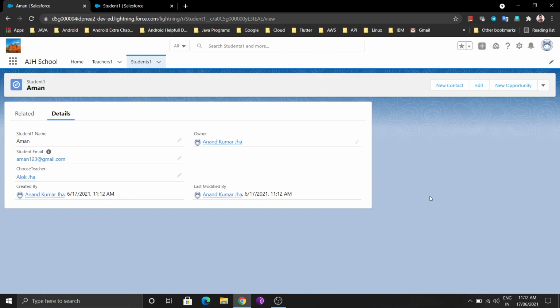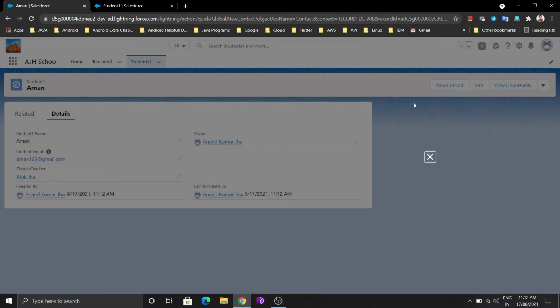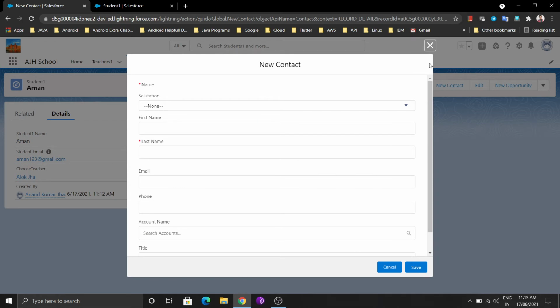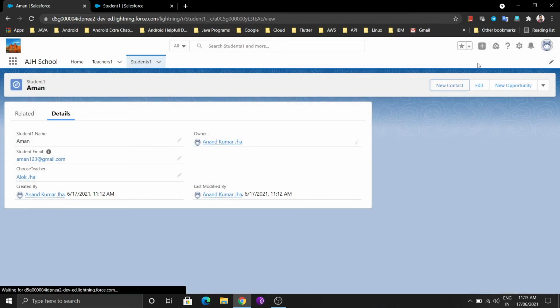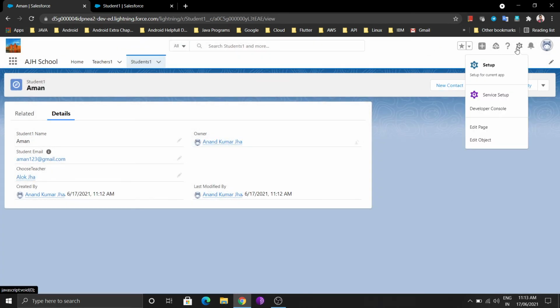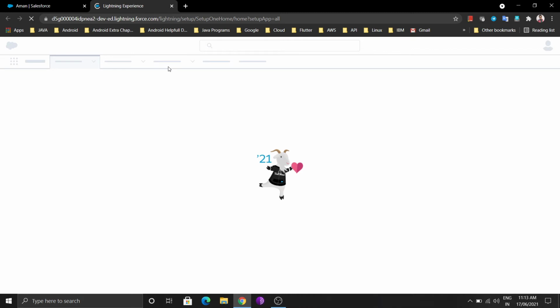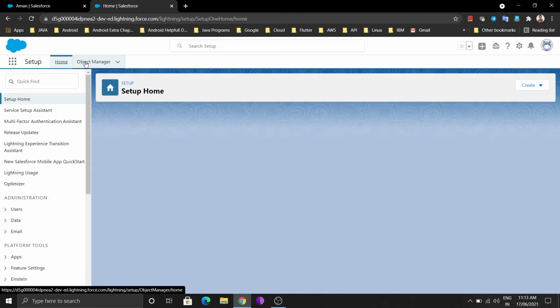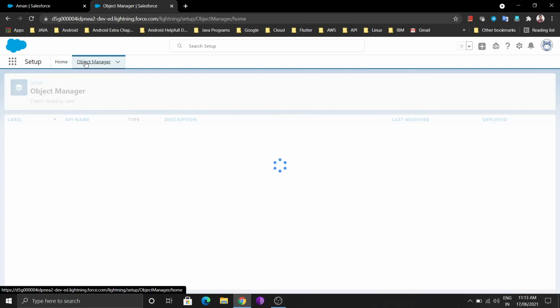Now in a similar way we can create the master detail relationship also. It looks a bit similar. We just have to click on custom. In a similar way we can do all the things. Click on setup, and then go to the object manager. We are going to create a master detail relationship on a custom object.